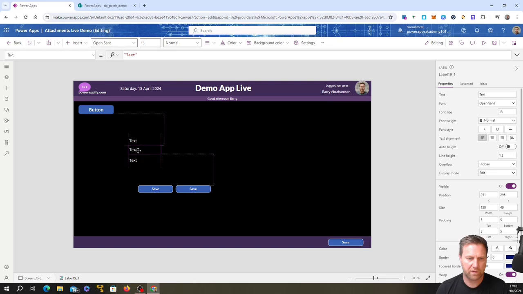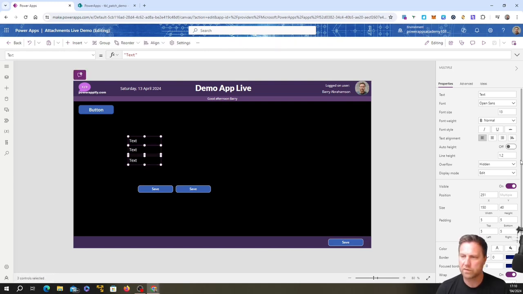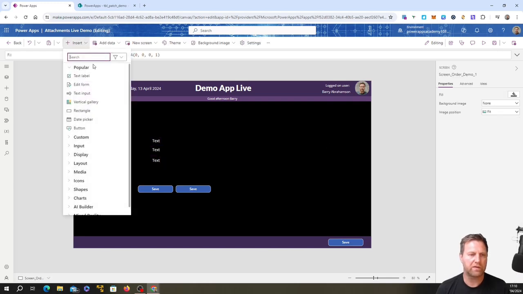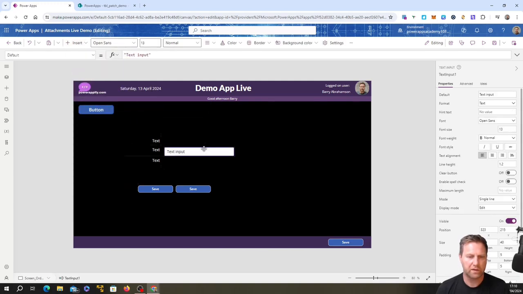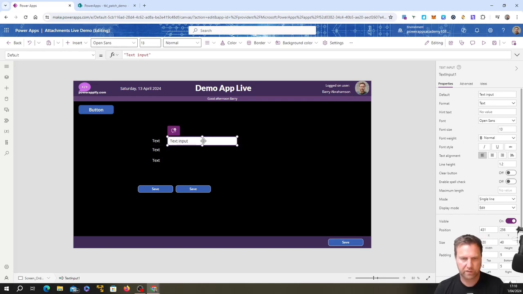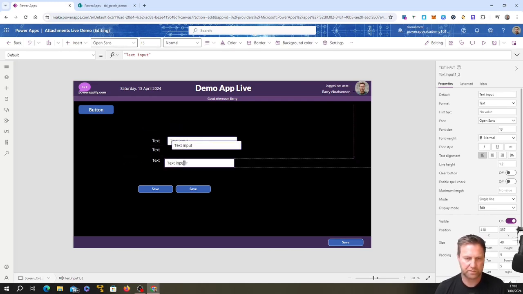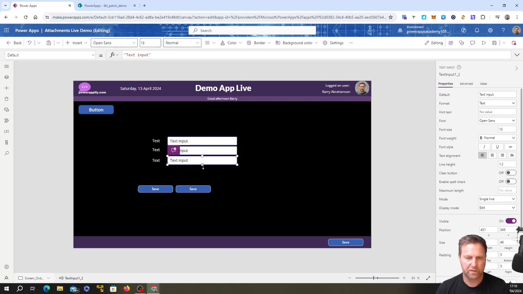Right, there we go. And I just need all of those to be far right. Okay, and then I'm going to insert some text input. So input, text input, there we go. We're going to have 1, Control C and V, copy those in, 2, 3. Right, this one's going to be address, so it's going to be slightly longer, and then we're going